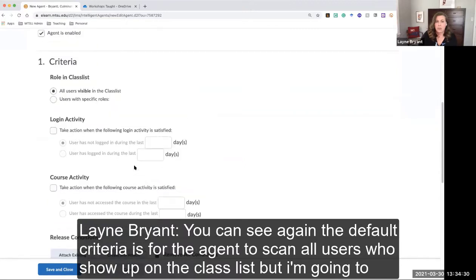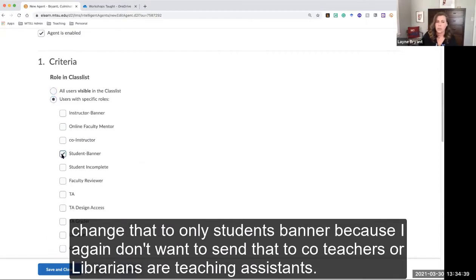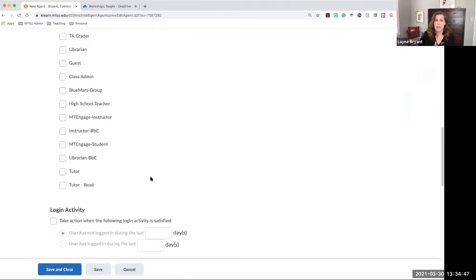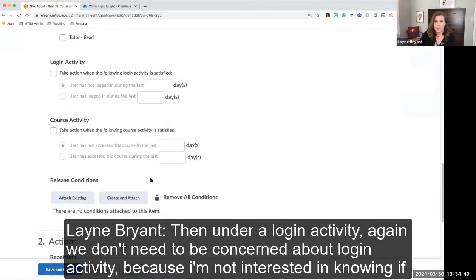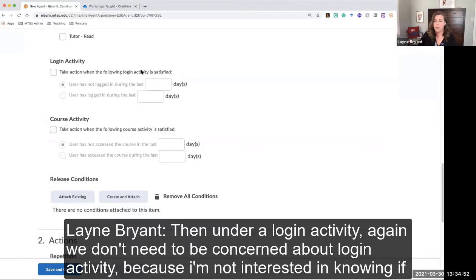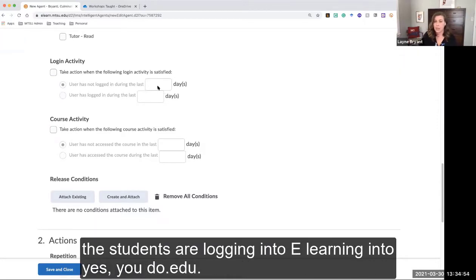You can see again, the default criteria is for the agent to scan all users who show up on the class list, but I'm going to change that to only students because I, again, don't want to send that to co-teachers or librarians or teaching assistants. Then under login activity, again, we don't need to be concerned about login activity because I'm not interested in knowing if the students are logging into